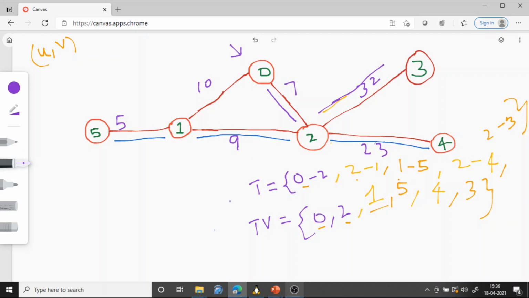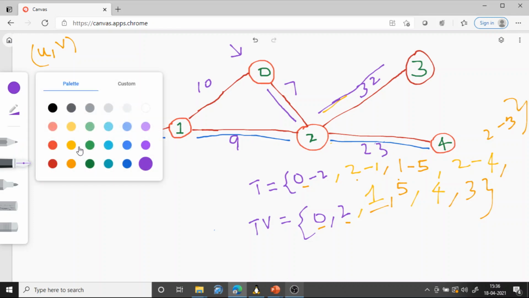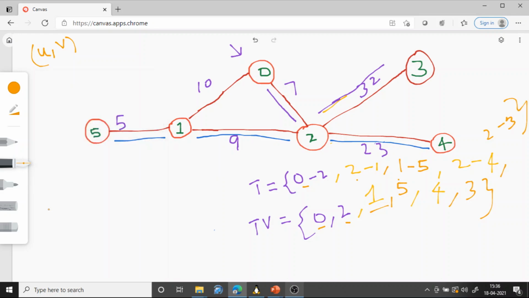Okay, if you try for one more round also, actually in the next round we will not be able to identify any edge. Okay, because in the next round already all vertices were added to TV. There is no edge which is not added. Okay, so from 0, what are the options? 2 and 1 both are available here, so you can't identify anything.